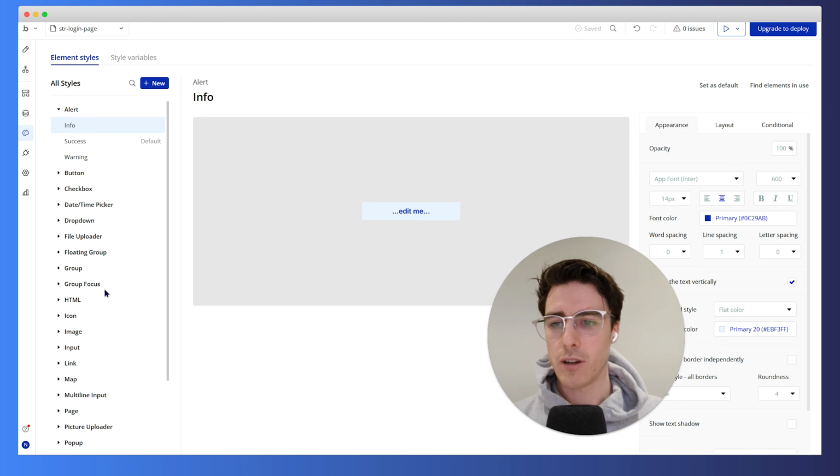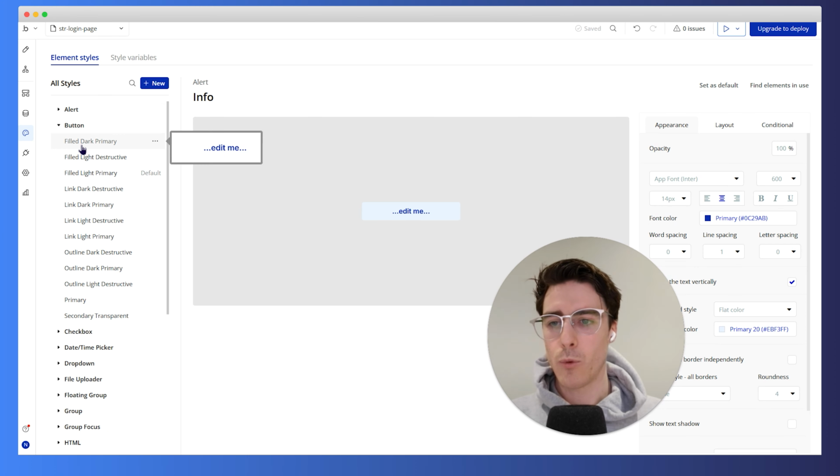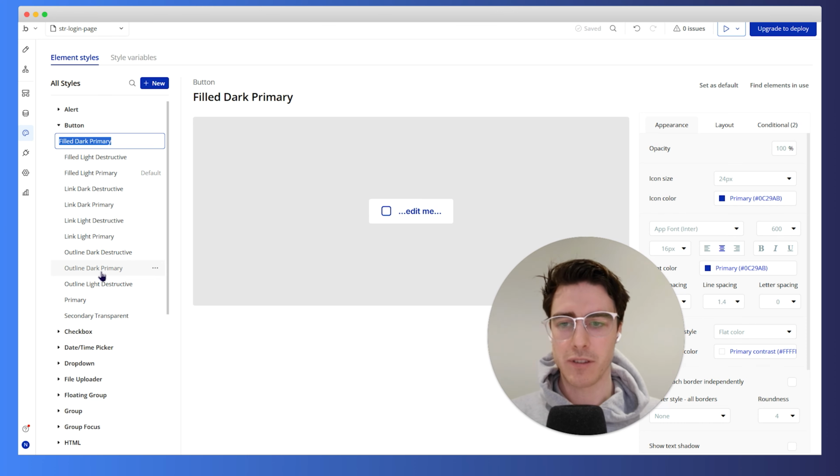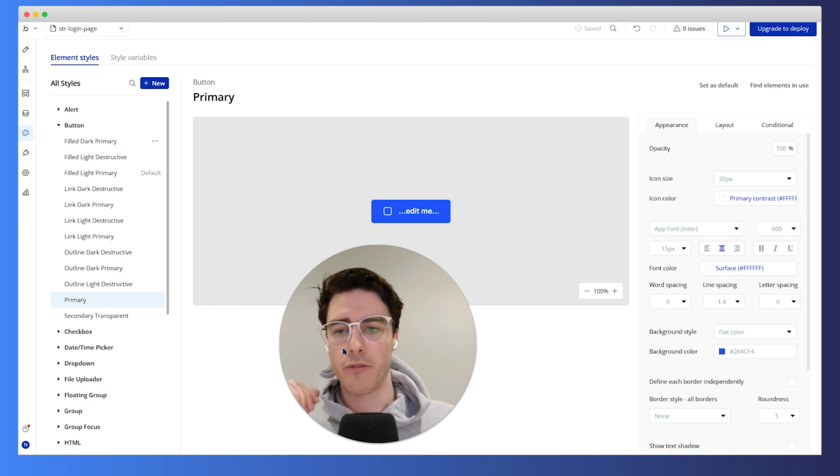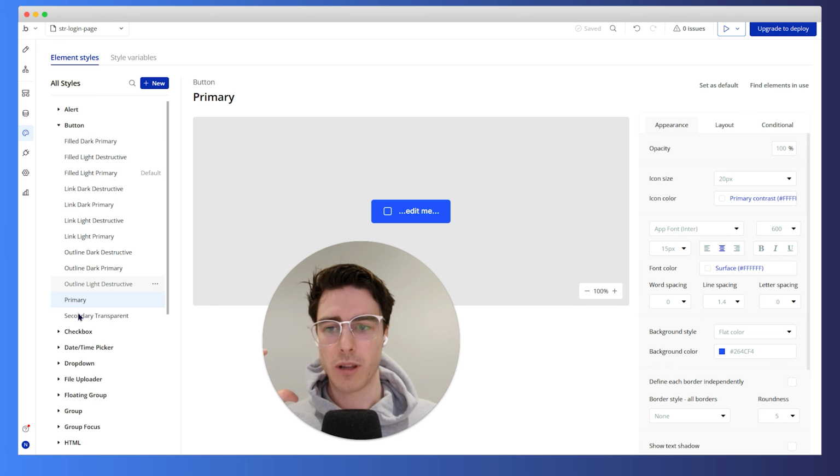Go across to element styles. Again, this is just a very quick look at some of the design or style setups that I have. Go into button. And what I've done is essentially I've just selected one of my existing button presets. Just double click on the name. If you double click on the name like that, you'll be able to rename it if it's not one that's already in use. And then this is the setup that we've got for our primary button. So just double click on one of the buttons, rename it to primary, and then here's the setup we've got